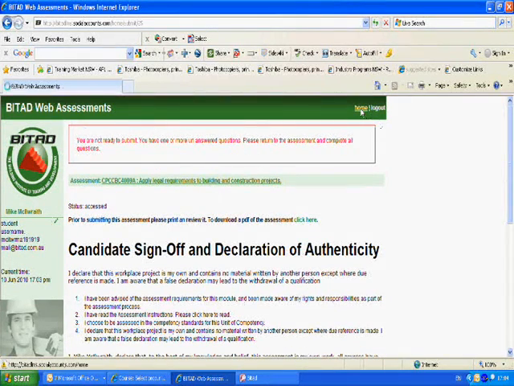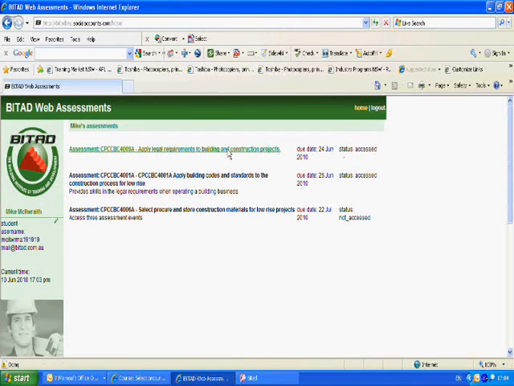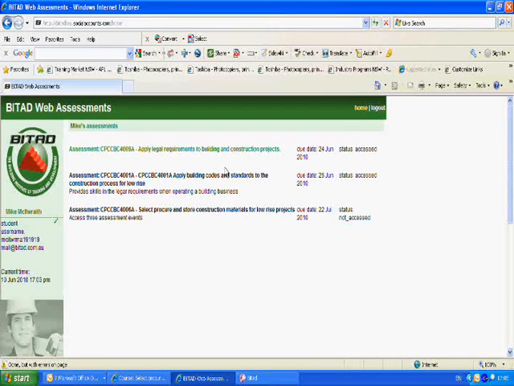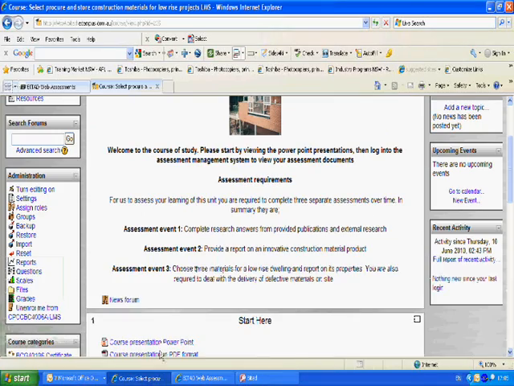So when you go back to your home page, once this is sent to the trainer, this status will be changed for you. So once you've completed the assessment and submitted it, you will then get access to your next assessment, and then your assessor will mark it, and it'll come back here as not yet competent or competent, and your status will change, and you'll get an email alert. So this is a relatively new system. It should be relatively easy for you to use,